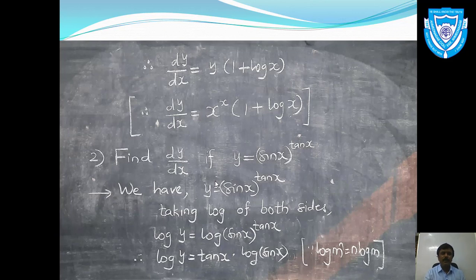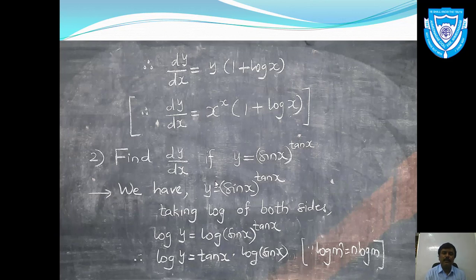Find dy upon dx if y is equals to sin x raised to tan x. Now here also in the given function, y is equals to sin x raised to tan x. Now at the power, in the index, you can see that there is tan x. X is there, it means that a variable is there, it means that the logarithmic differentiation method is applicable over here. We can take the log of both the sides, we'll have to simplify the function and then we'll start finding its derivative.